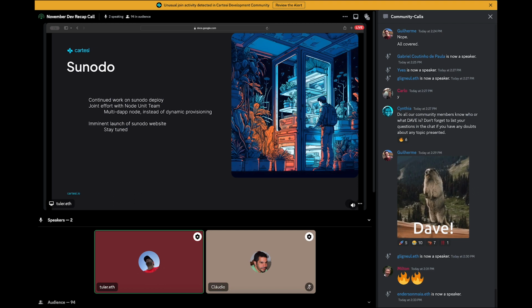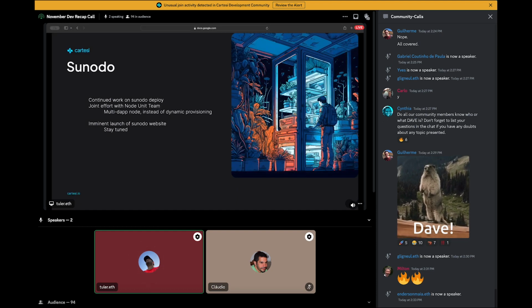So we're working on both fronts, and we've been designing a system that uses dynamic provisioning using Kubernetes to spawn nodes for applications, because right now each application needs its own node. So we need to dynamically provision those nodes, but we are in conversation with the node unit team.